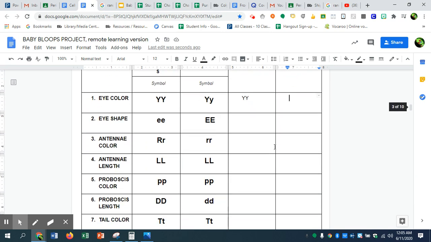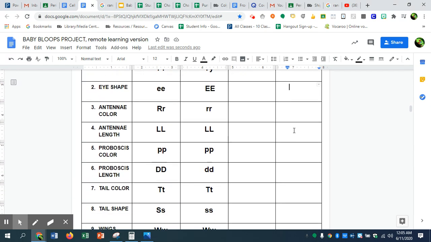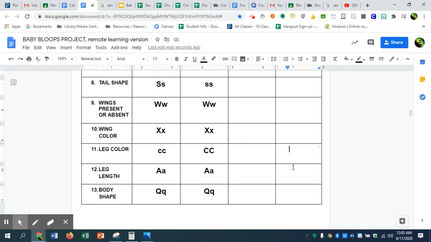Okay, so we go back, and that's how you do that. So after you randomly generate, ask the random generator, am I going to get a 1, 2, 3, or 4? And then you write the baby's traits, add the trait, the genotype, and then put the phenotype here. So now, once you've written down all your baby's traits,